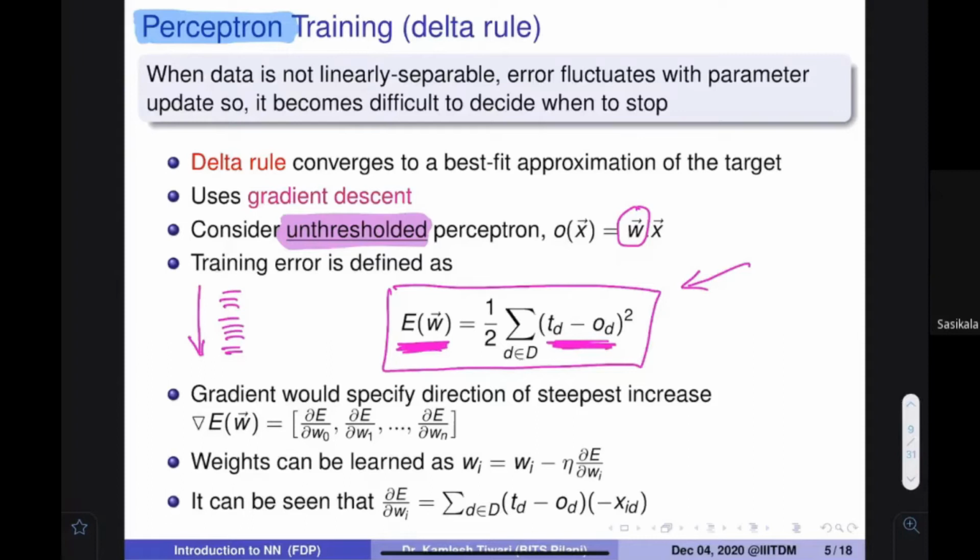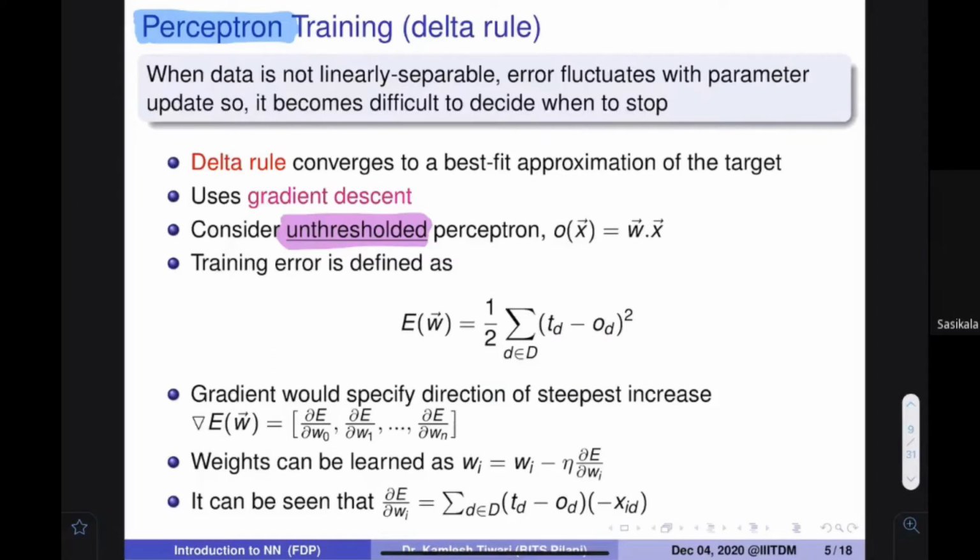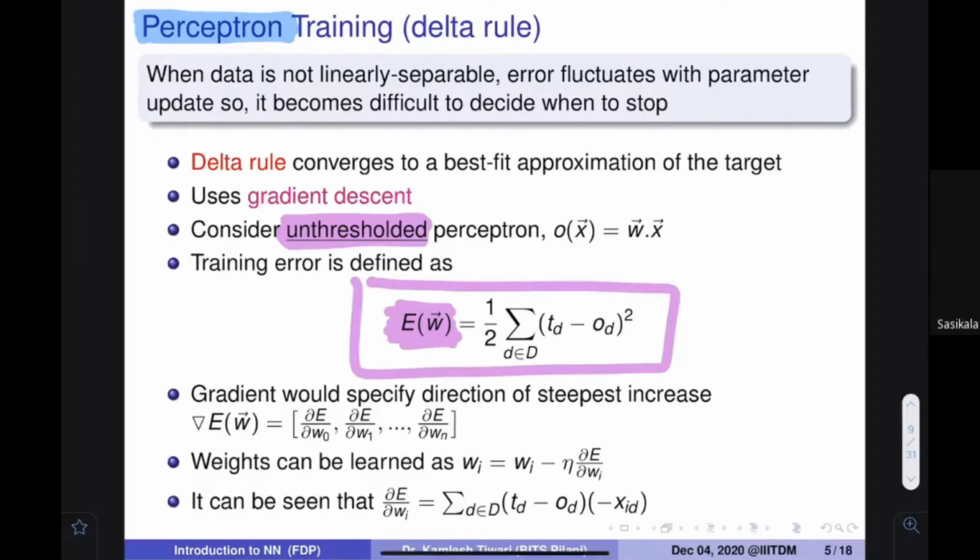Make sense? Okay. So in 12th class mathematics, people talk about how if you have a function and you want to minimize it, there is a method called derivative. If you want to minimize this quantity, you have to find out the derivative of this quantity, and you actually go in the reverse direction of the derivative, so that this value would be minimized. If you want to minimize this thing, you want to find out the derivative of this quantity.